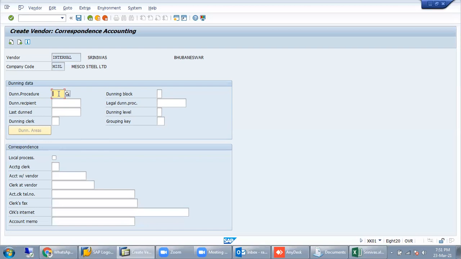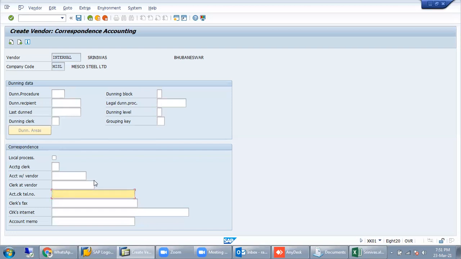So suppose we have mentioned all this dunning data here, like last dunning, dunning recipient. Recipient means mail IDs, like dunning label. We can mention three, four labels, like in 20 days, in 10 days, in 5 days, whatever label we want, in a single word. I will explain this whole matter. Dunning is nothing but a reminder from the vendor to the customer. That is a reminder, nothing else, sent through the mail channel automatically.